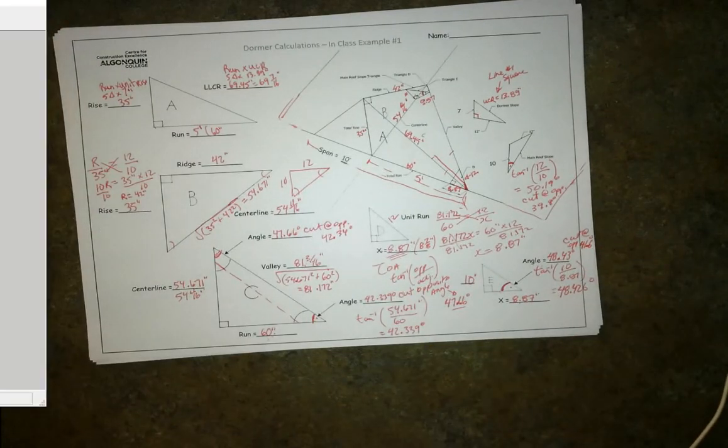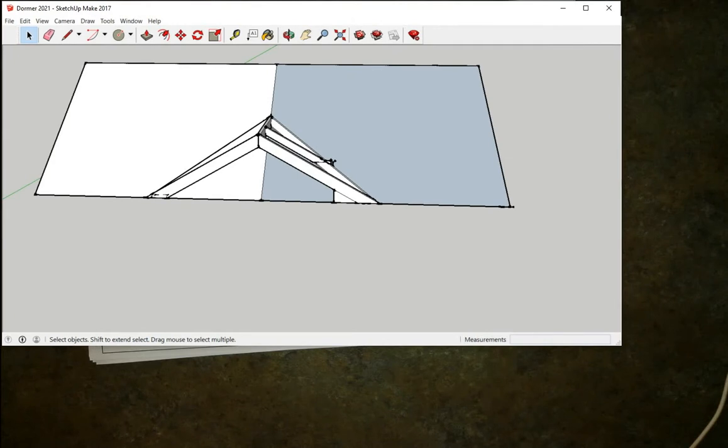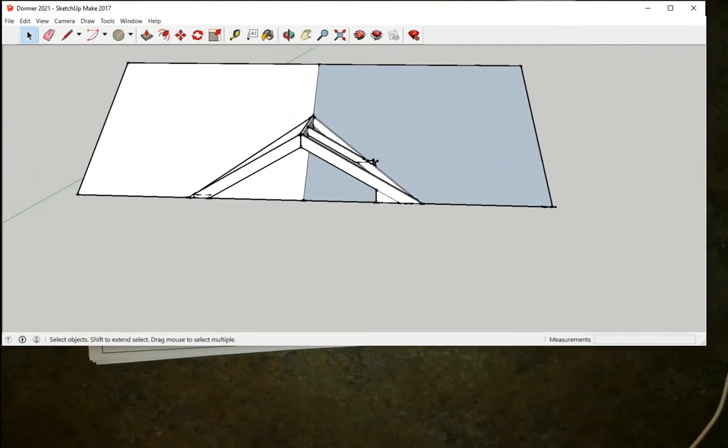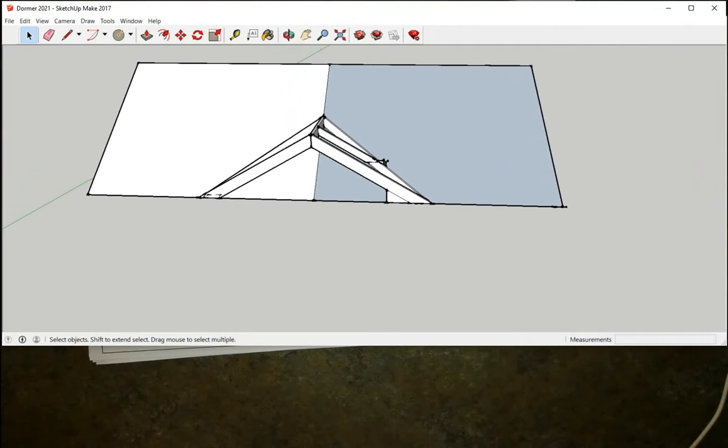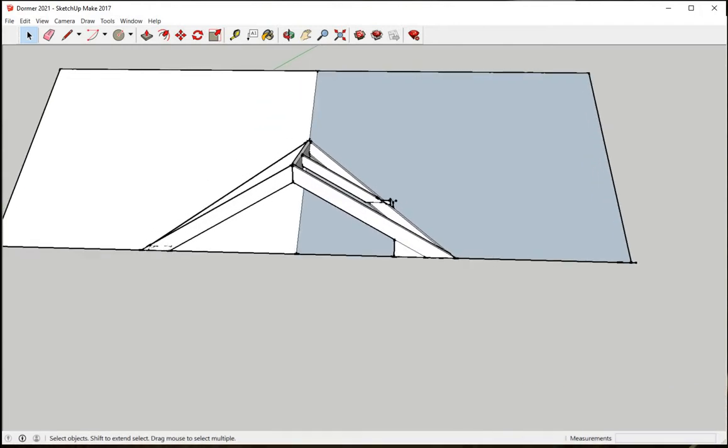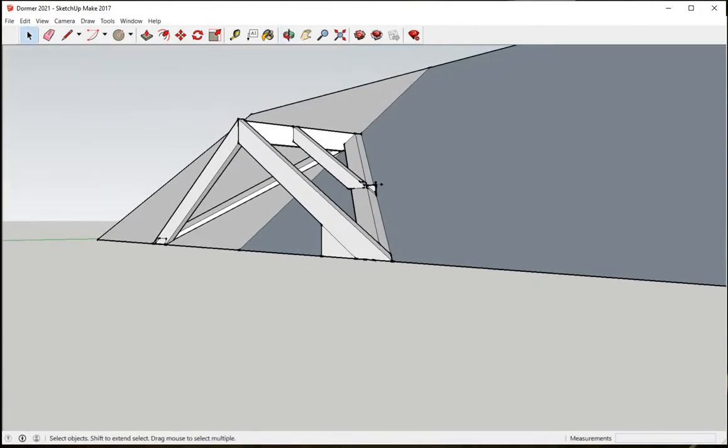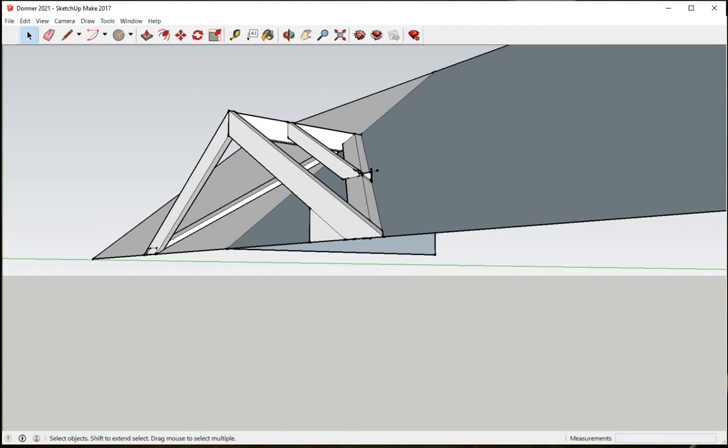So the valley board that we're going to rip to 41.6 degrees is right there. Right? That's the valley board. That's the bevel that we have to do. So if we set the table saw to 41.6 or circular saw to 41.6 and rip that board, we can